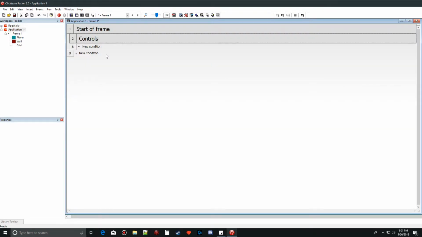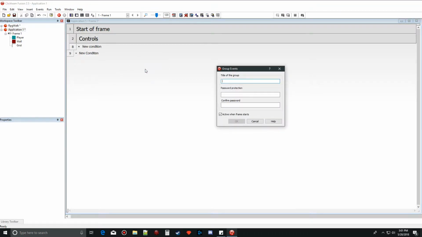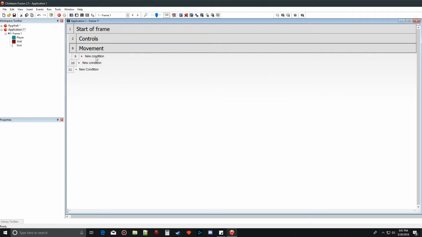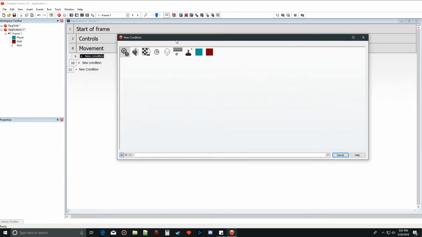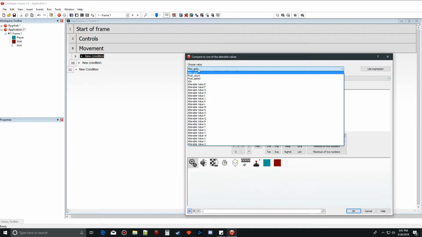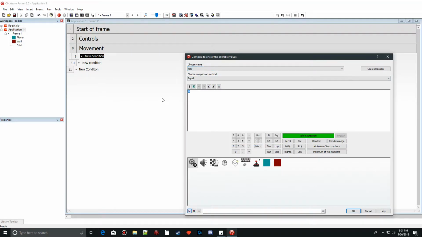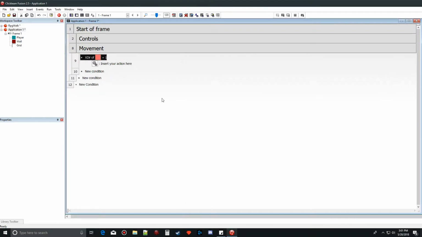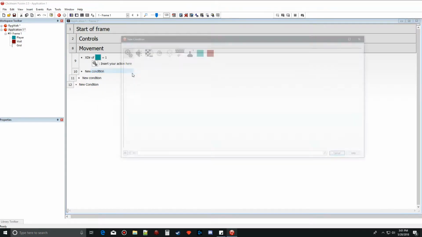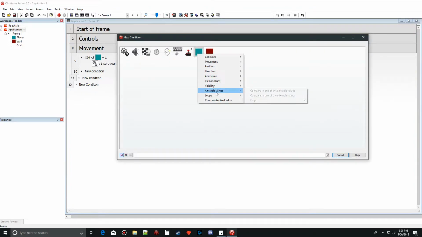So now let's fold up controls, and add another group of events. And this one's going to be called movement. Okay, in movement, we want to first create a new condition, and we're going to check what the xdir value was. So let's do alterable value, compare, and let's say if xdir is equal to 1, so we're going up since we're hitting W, we want to check if, so let's add another condition, if